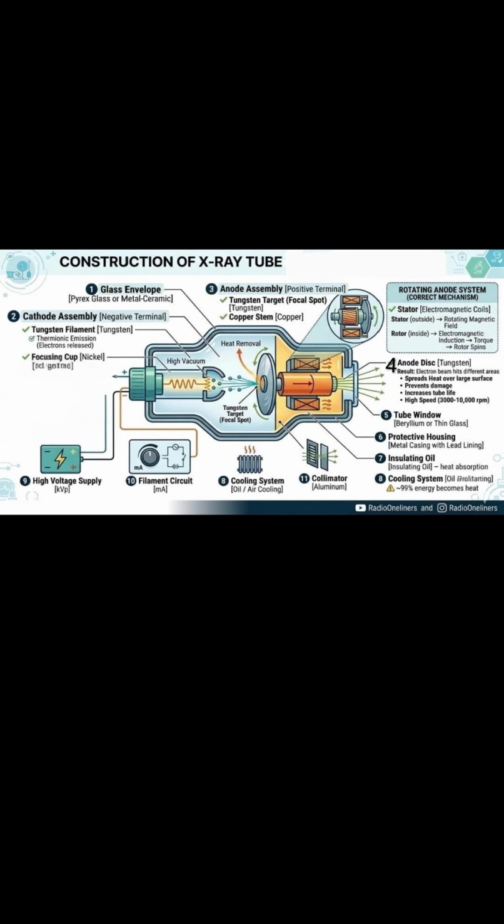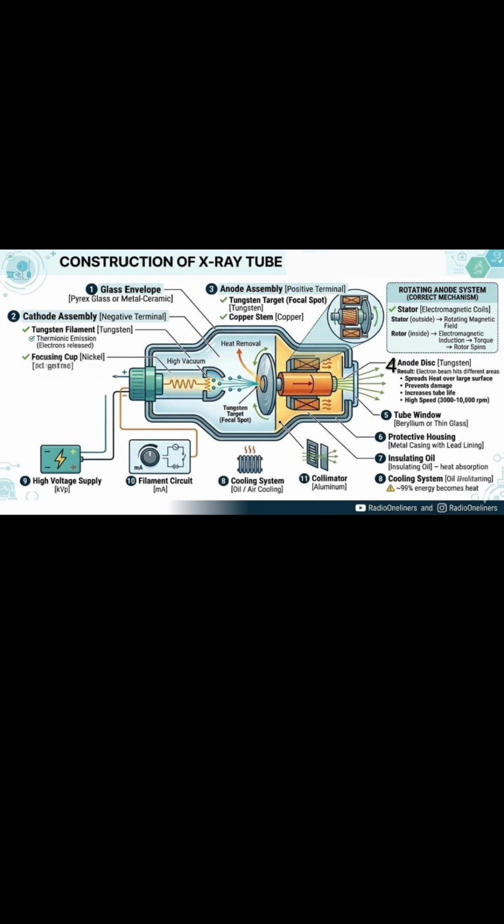Third is the anode assembly. Anode assembly is represented by the positive terminal. Under this, we have the focal spot and the copper stem. Focal spot is basically the target material, and the target material is going to be tungsten, on which the moving electrons are going to hit. Copper stem is basically made up of copper and is responsible for the easy dissipation of heat away from